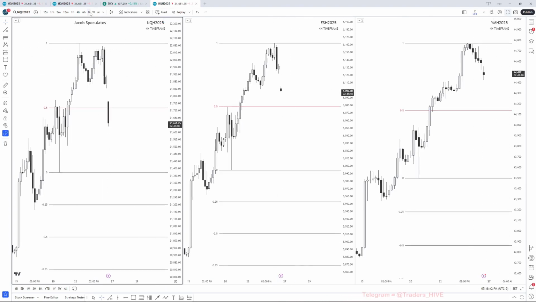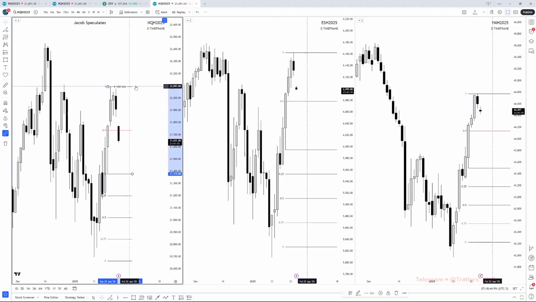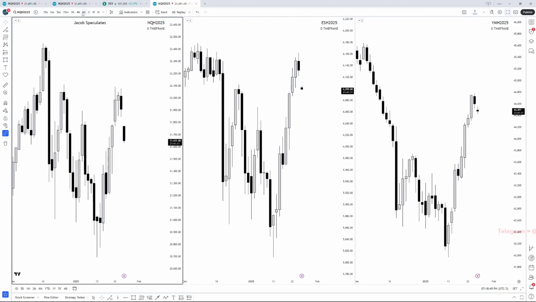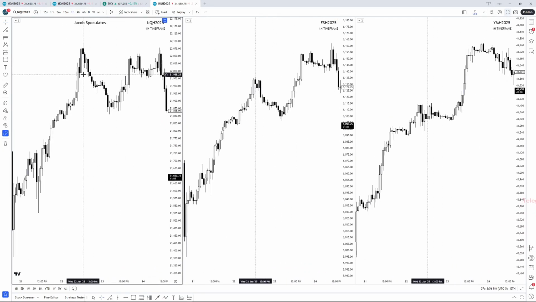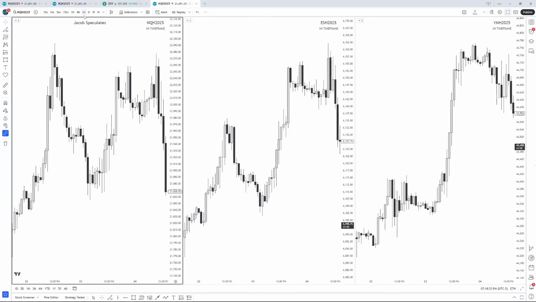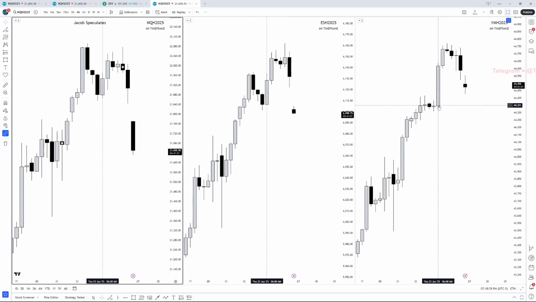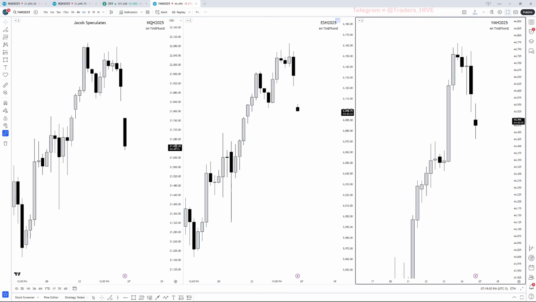And if we look back whenever we created that initial sequential SMT for, I believe it was Wednesday and Thursday, right here, drop to the 6 hour. We can see we had this TPD right here, and then immediately the next day, we completely blew through that high. So if we look on the Dow,